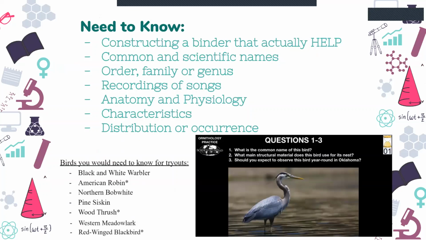For example, if you construct a binder that has a page of info for 1 bird, and you do that for 160 birds, and on event day, you would only have 1 minute to answer 3 questions like the picture shows. How would you manage to flip through, or how would you know where to go to find the answers? And you would need at least 30 seconds to look up or find the page that you need. And it is really crucial that you understand what are the ways you could organize your binder,